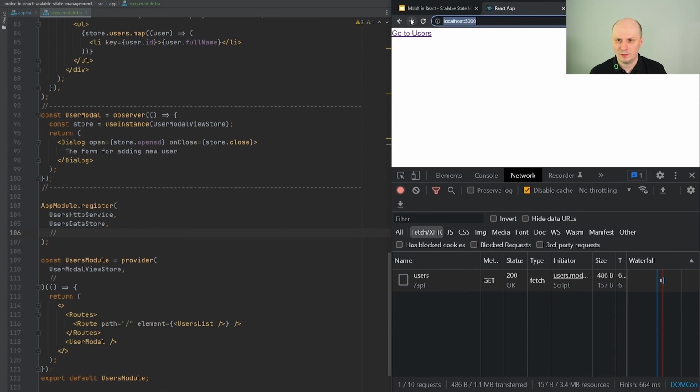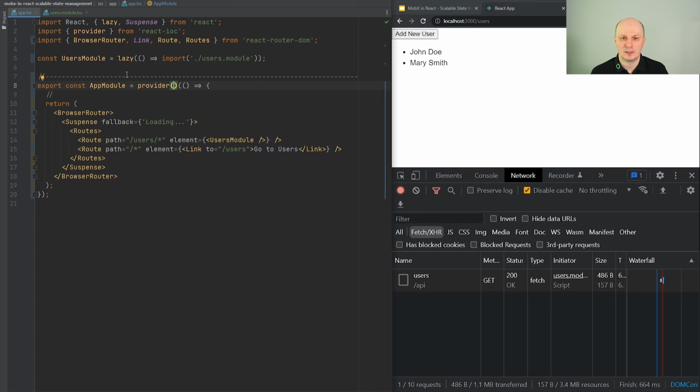When I go back and forward, now the user's data store is not recreated from scratch, so it survived my interaction because now it's registered on the app module level, not on users module, and I didn't have to import users HTTP service and data store on app module file